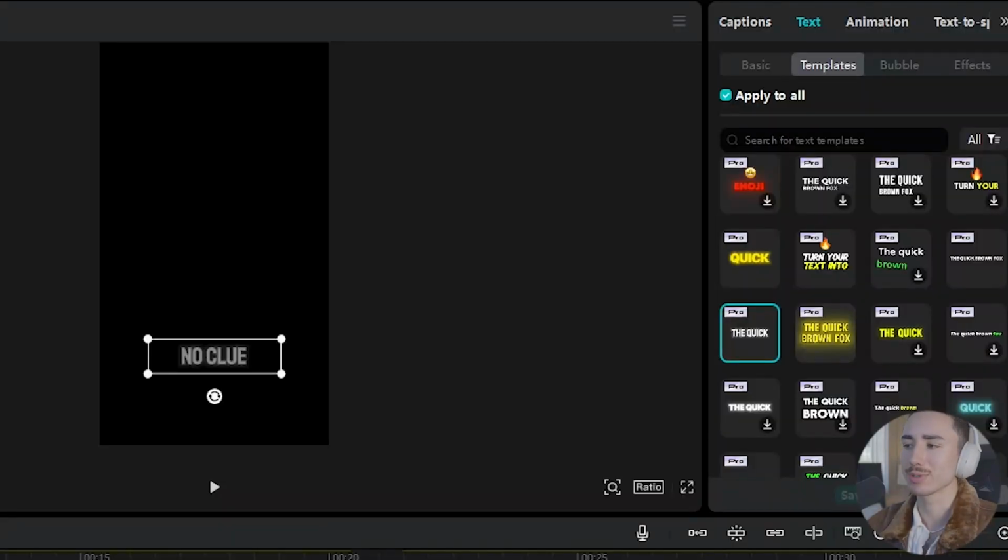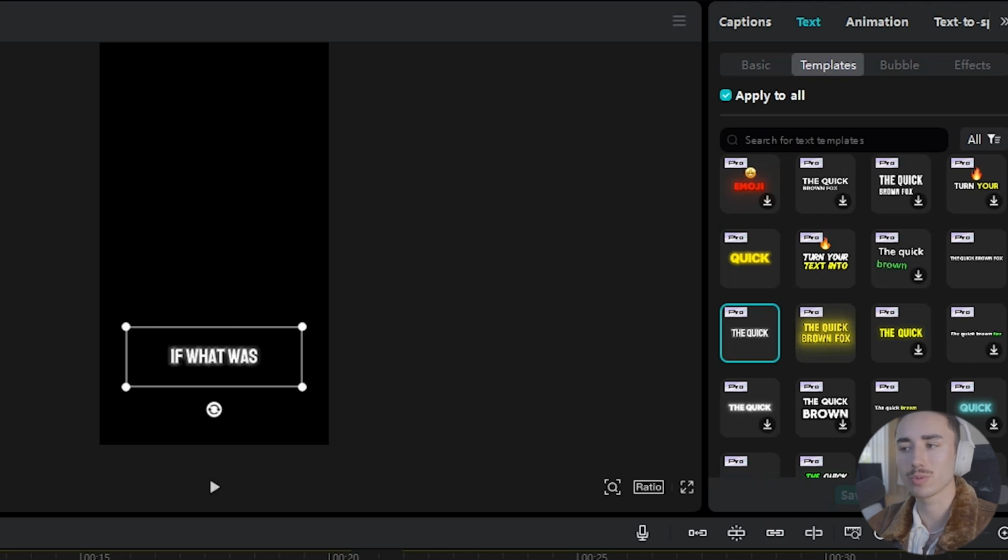I try to keep it as simple as possible. So I chose this one right here, which, yeah, it has a little bit of a movement effect going on, but it's multiple words and it's not too distracting. So now that we have that down, the next thing I like to do is actually add all of my